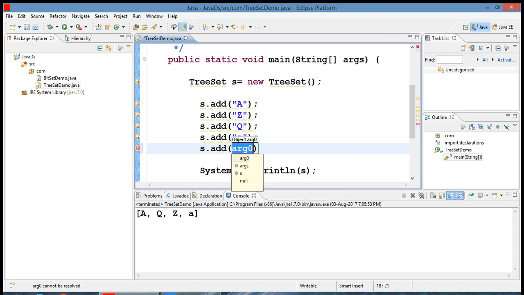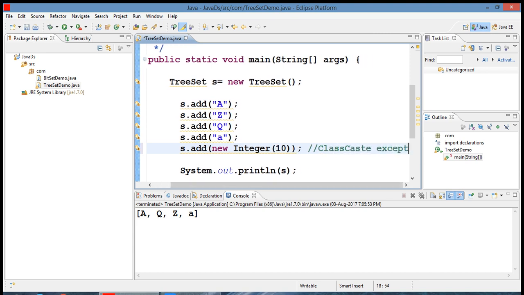So let's see: s.add new Integer 10. Now this is what we call a heterogeneous object. Now we'll run the code, and here we'll get the error called ClassCastException.